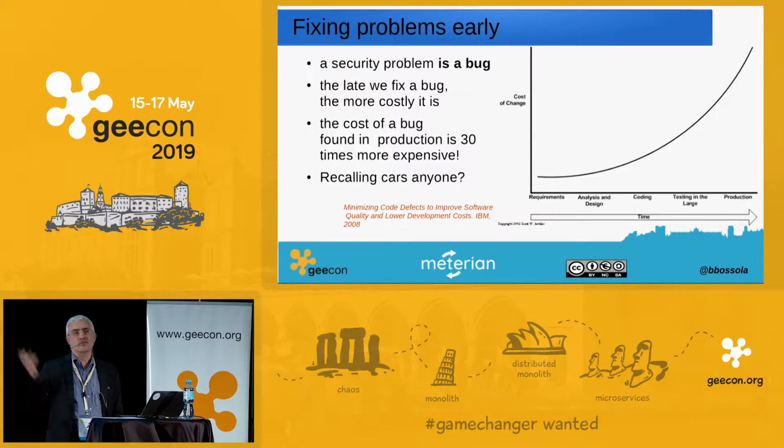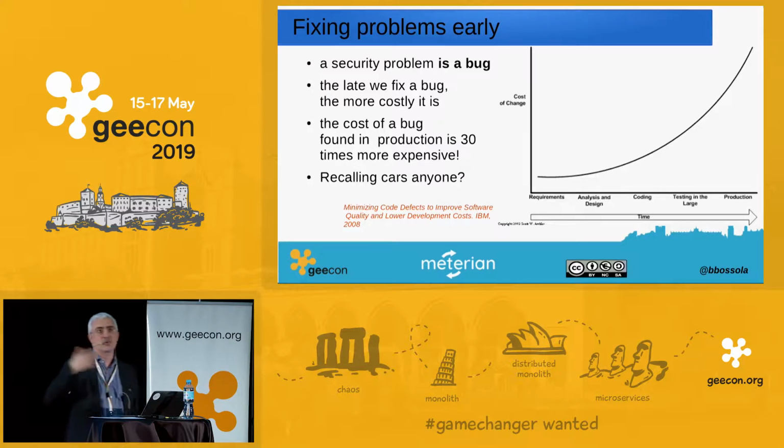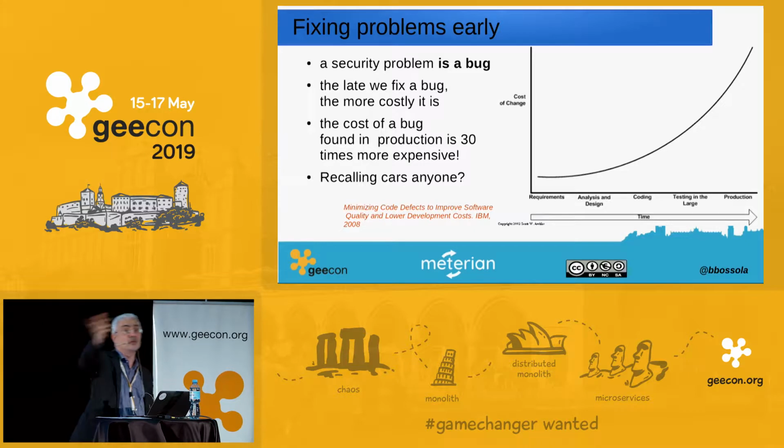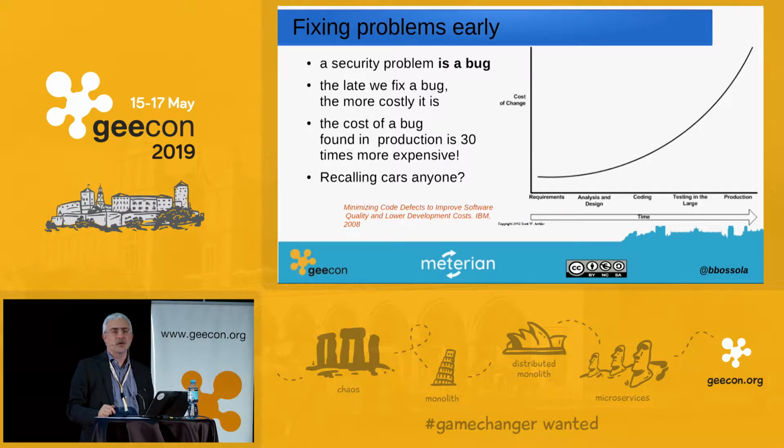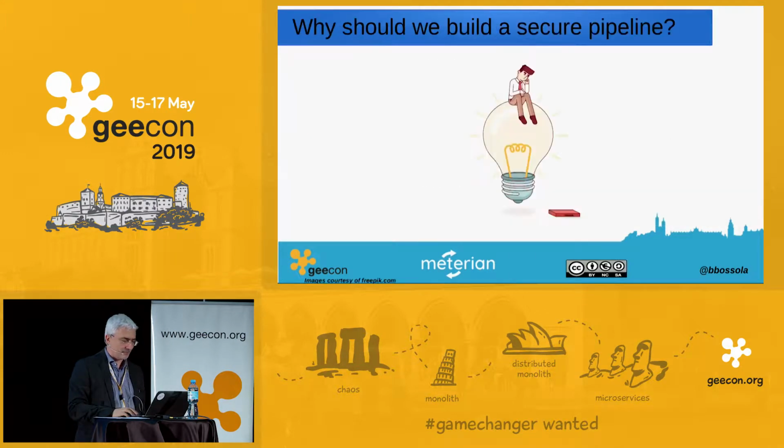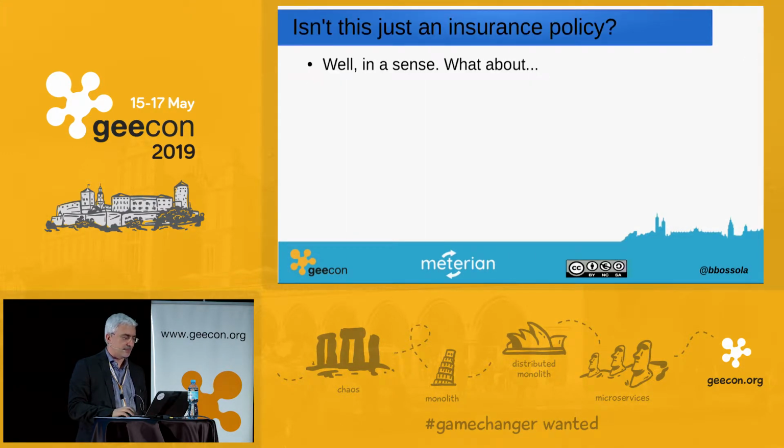I don't know, are you familiar with the concept of recalling cars? The cars broke for some reason, they have to recall all the cars of one model. That's a big problem and a huge cost for a company. So that's the reason why you want to put security in place. But most of the time, it's not like that. So most of the time, it happens that